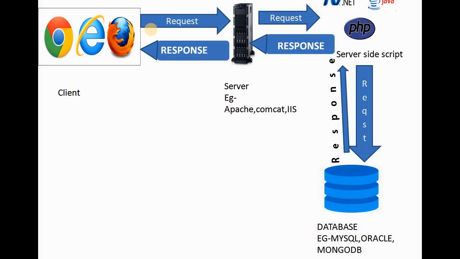The first process is that when you request the Facebook page, the Facebook server gives the response to the client. If the Facebook web page is not available, then it will show an error, like page not found or file not found. This happens on a static website, but if the website is dynamic, then first the client will request,